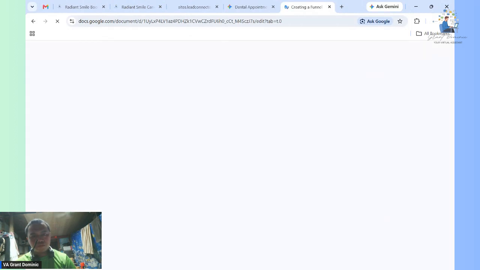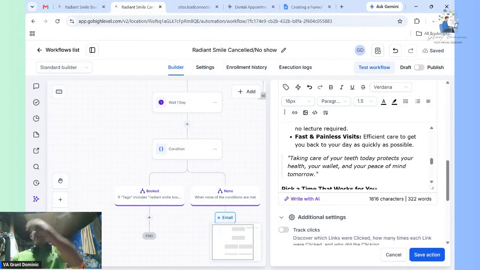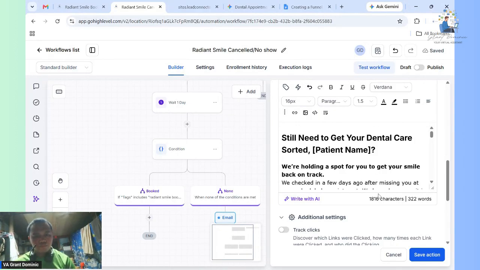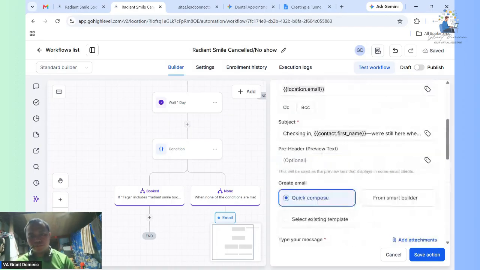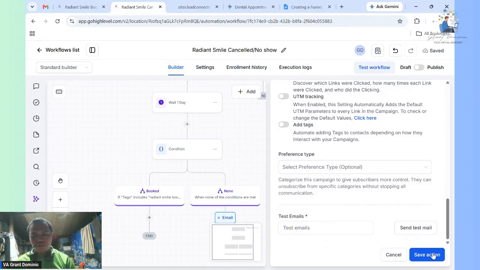Done. So we will save action. It's perfect. Save action.